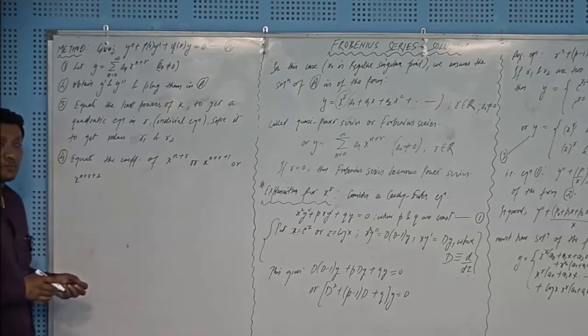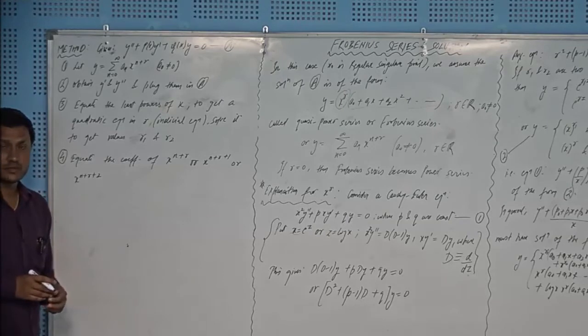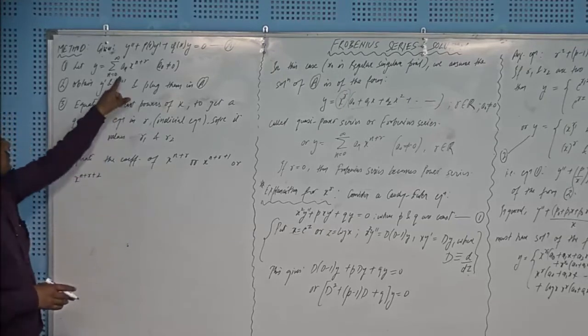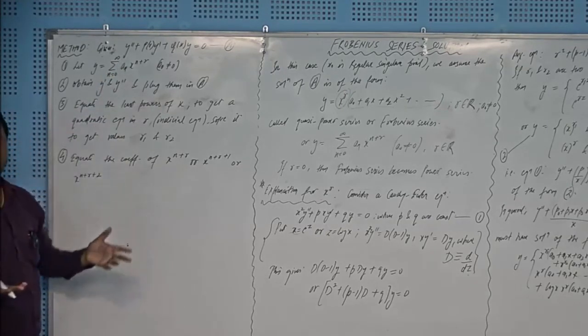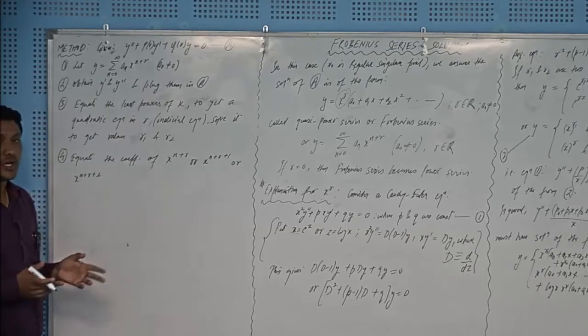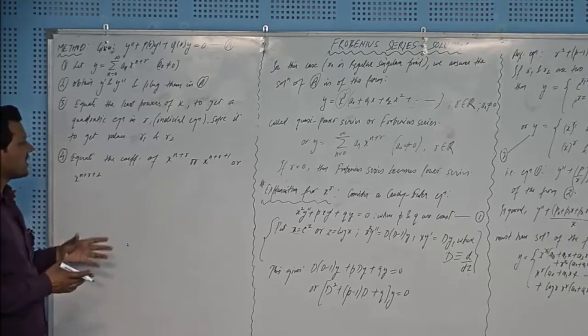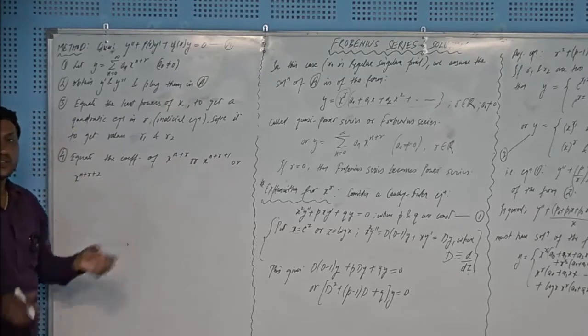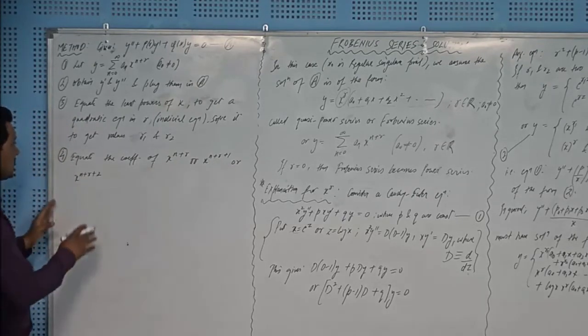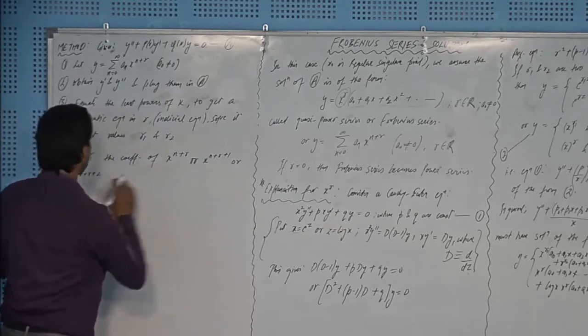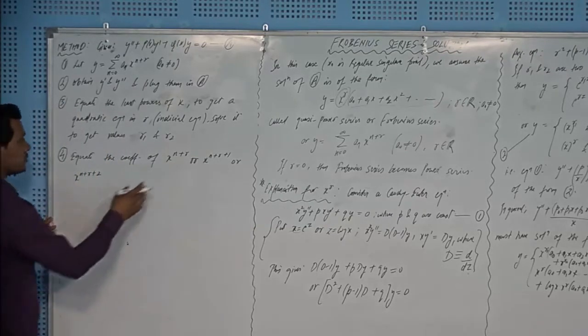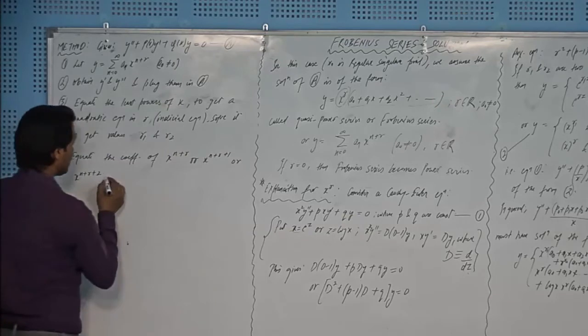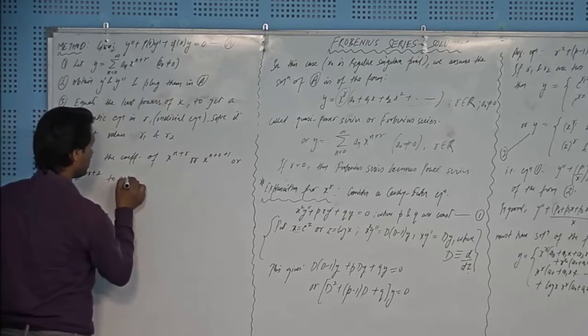However, the word highest should not be used because there is no highest power, because the range starts from 0 to infinity. So the highest power of x can be anything, right? So there is no highest. So we can compare any power, x to the power n plus r, n plus r plus 1, n plus r plus 2, whichever is convenient, right? This will be discussed in numericals in detail, right? So any of these powers will be equated, and to get a